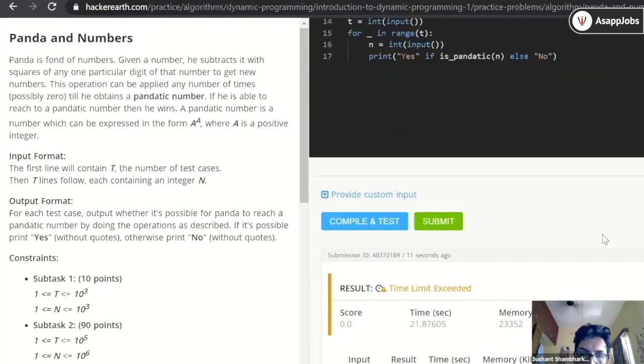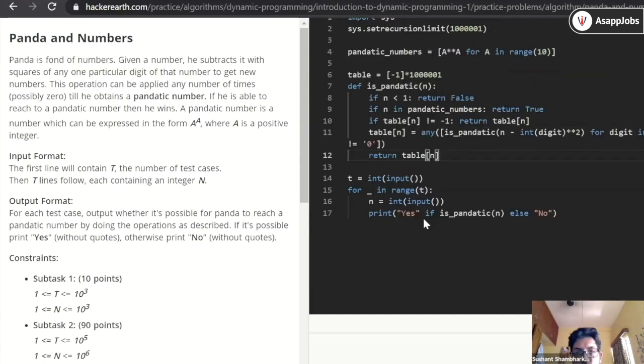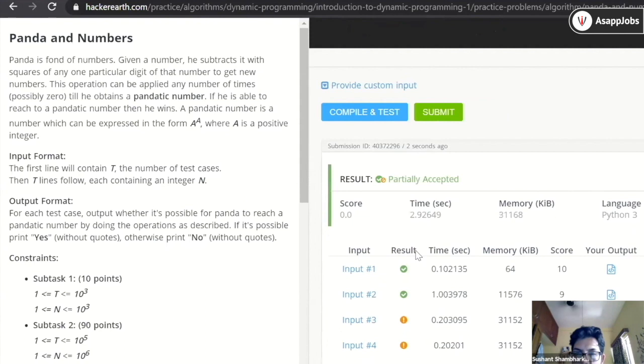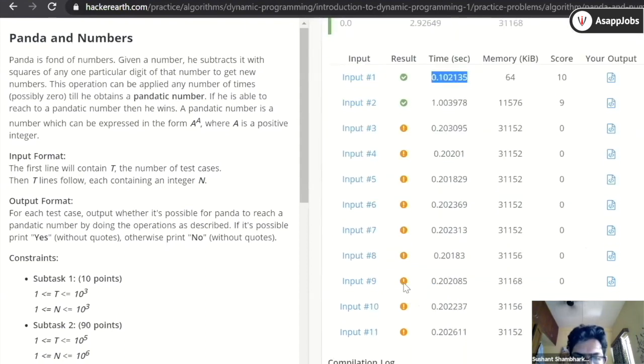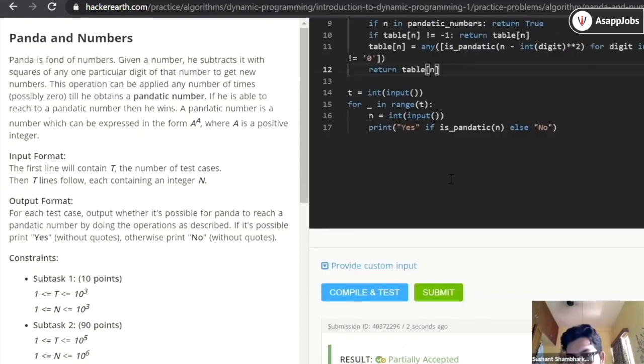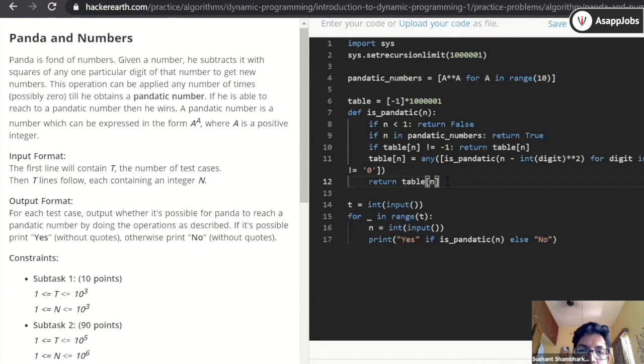Okay, let's see if it runs right now. Okay, so we got solution accepted for these two. There were time limit exceedations, right? It was taking more than 10 seconds, and 10 seconds was our limit. So it is taking less time now, but still it is running into a runtime error. It is still using a lot of memory because it is going into too much recursion depth.